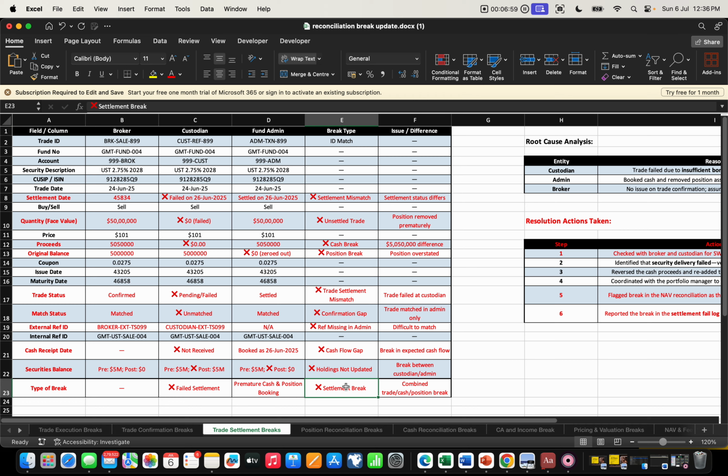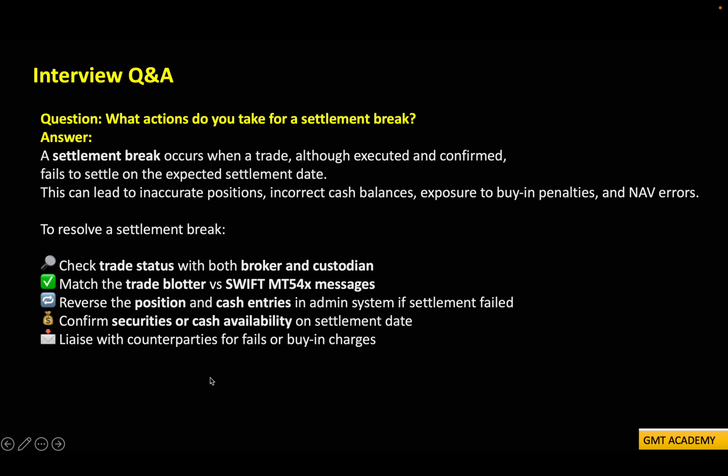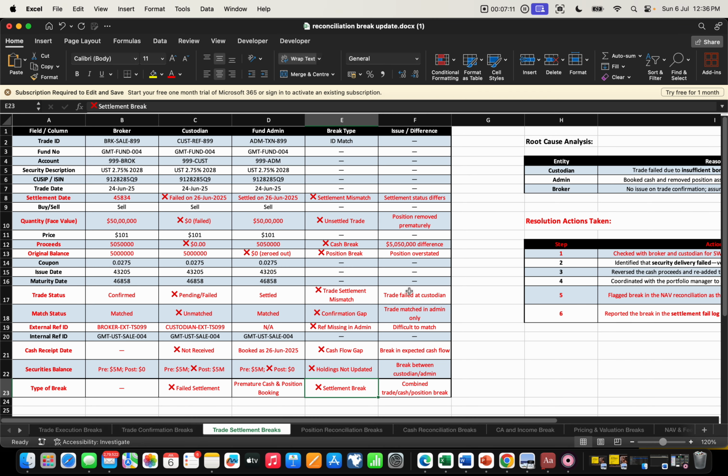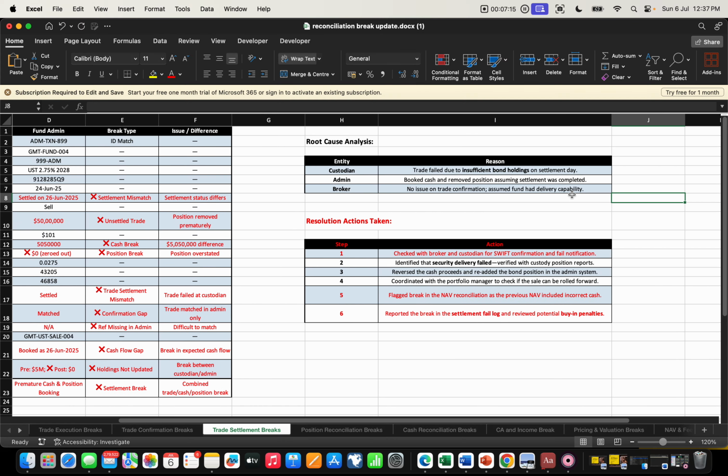So this is how one thing gets mismatched at one end, and everything gets mismatched at the other end. This is how the settlement break will show in your reconciliation tool. How you can resolve the break, we already saw in our PPT. But I want to share the root cause of this break and how it gets impacted in your reconciliation. So first of all,